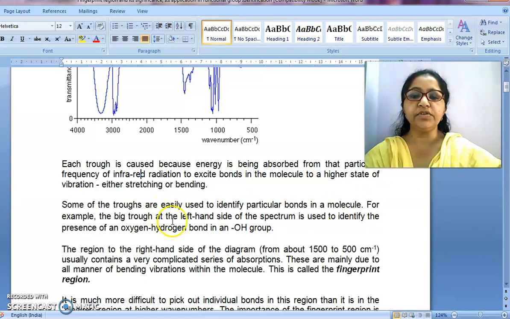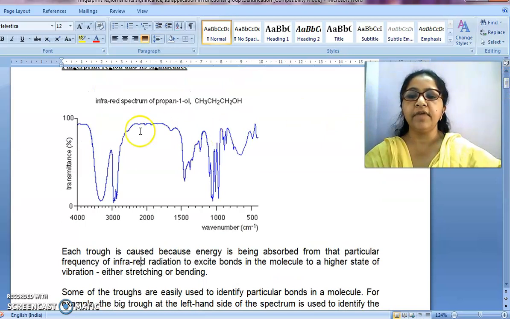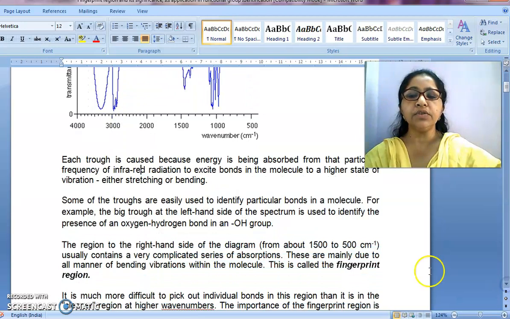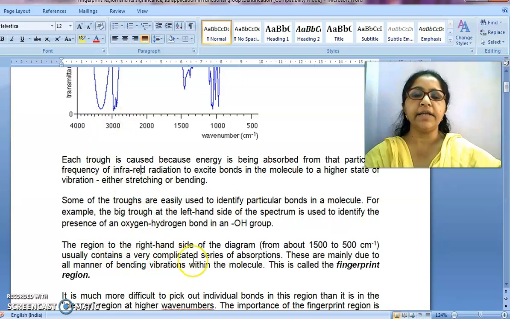For example, a big trough at the left-hand side of the spectrum is used to identify the presence of the oxygen-hydrogen bond in an OH group. So you can see this. This is quite a broad one. So this is a peak for the OH group. Therefore we can understand this can be alcohol. So this left side of the spectrum gives us the idea of the functional group present in